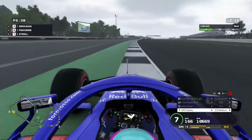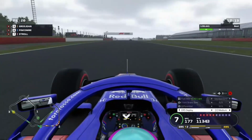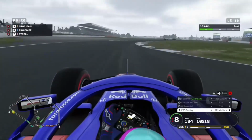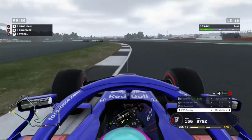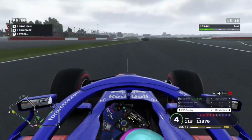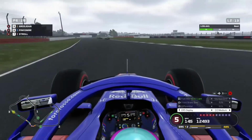Pre-update performance. So we are towards the rear of the order. Coming into Germany, we should have a much better car, a much upgraded car, which is going to be perfect. And we can hopefully move up the order a little bit, because in the first half of the season we've been well off the pace